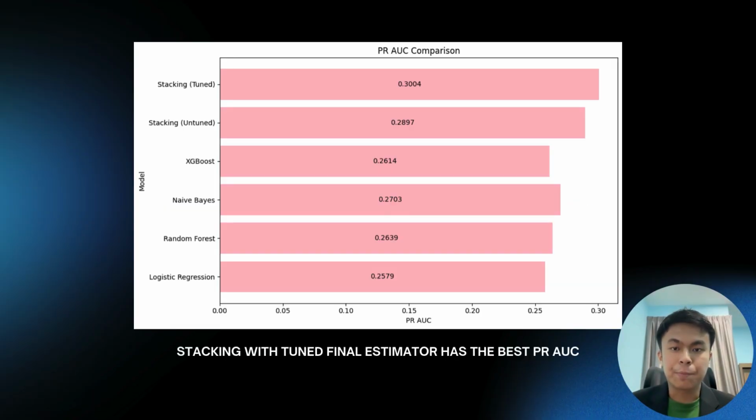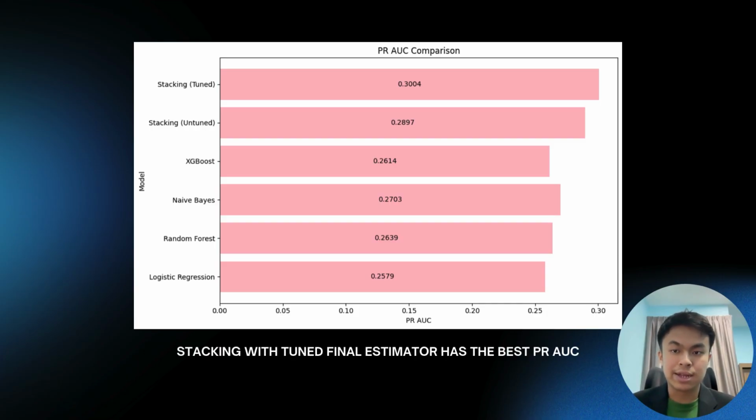Now we compare the PRAUC of the stacking model and the other models and the base model. We can see that the stacking model has improvements on PRAUC among all the other models. The difference between stacking tuned and stacking untuned is that for stacking tuned we use a hyperparameter-tuned logistic regression, while for stacking untuned we use a base logistic regression for our meta model.